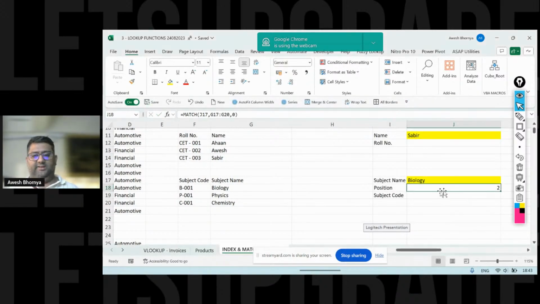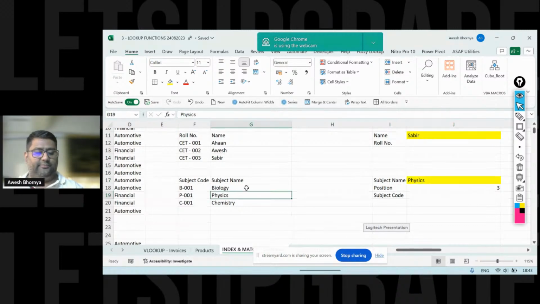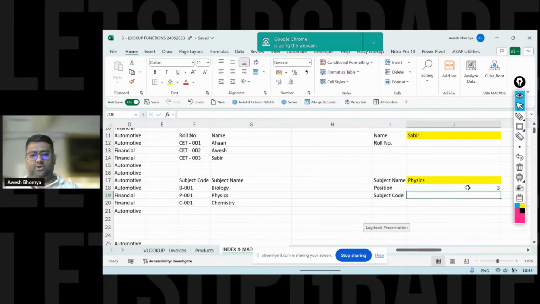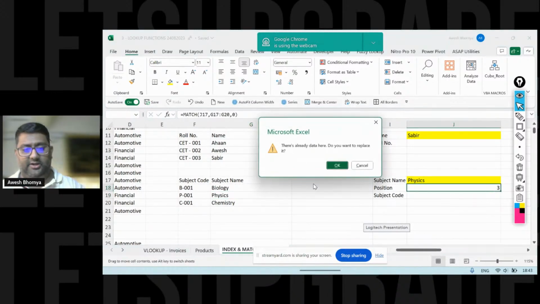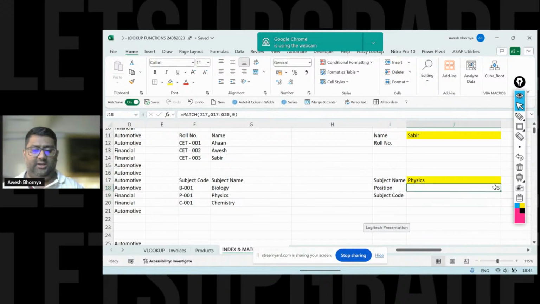So I can very clearly see that the position is number 2. Now when I change this to physics, the position changes to 3, and that's absolutely right. The reason it changes to 3 is because the physics subject itself is actually at position number 3 in that particular column. Now using this code 3, or sorry, not code 3, but using the position 3,